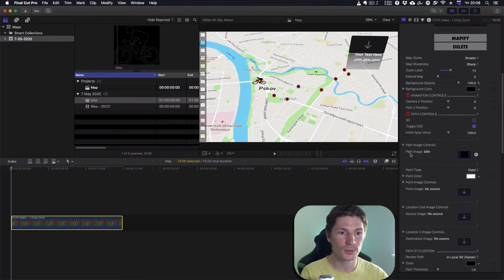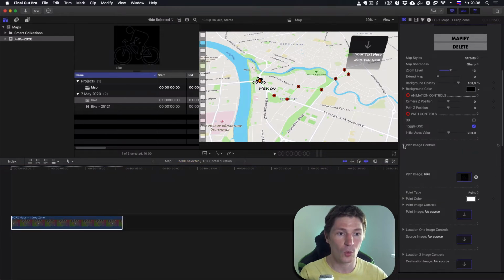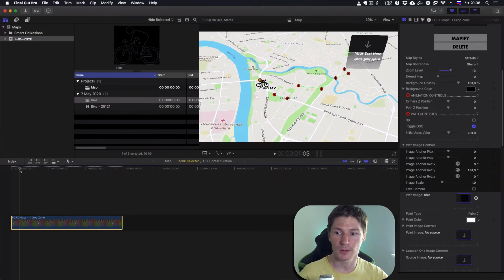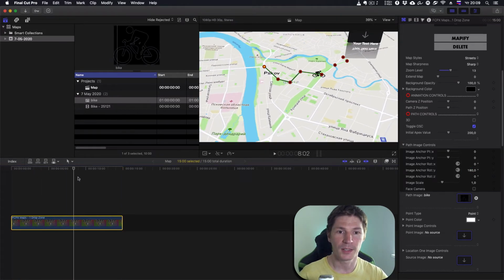To do this, I go to the path image controls, open this parameter, and I have to change image anchor rotation Y to 180, and you can see my bike is mirrored horizontally. And when I play my animation,